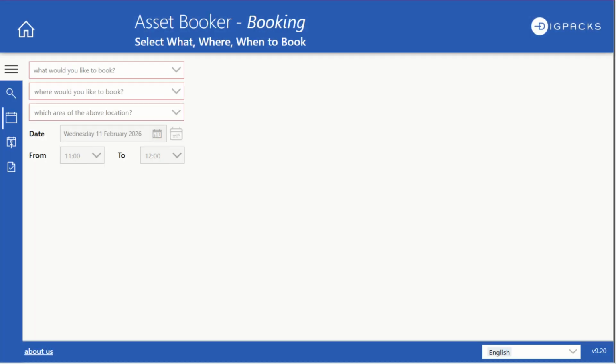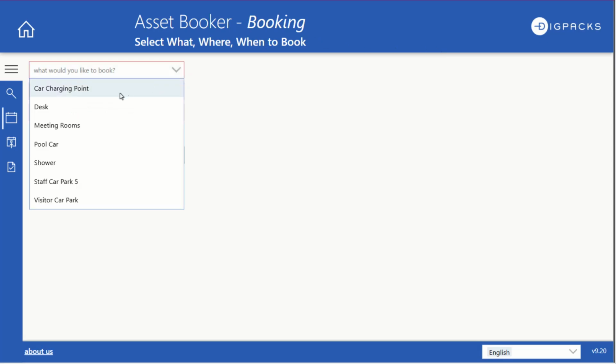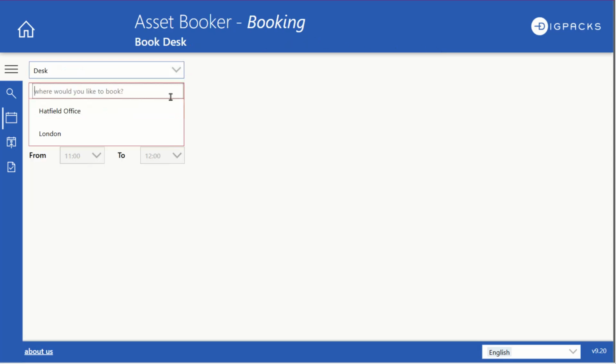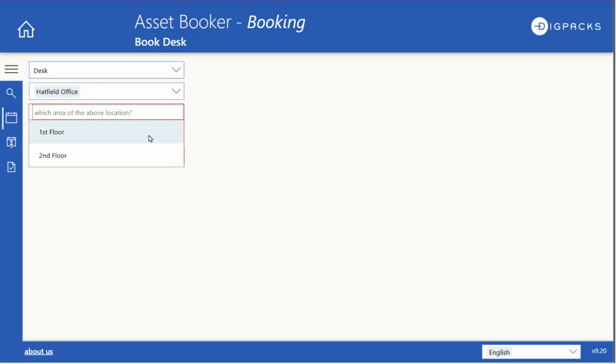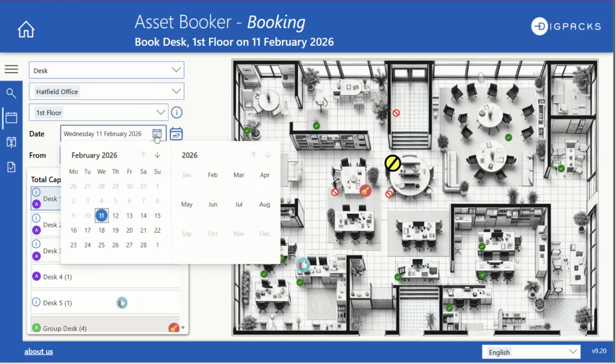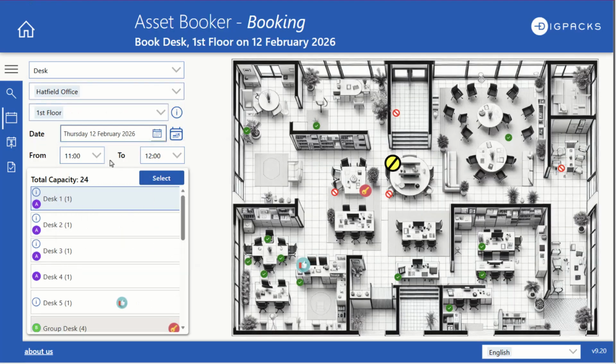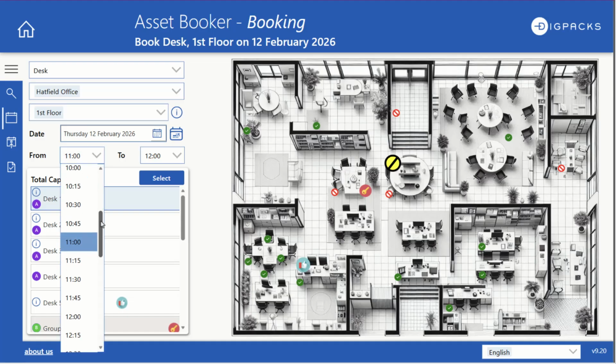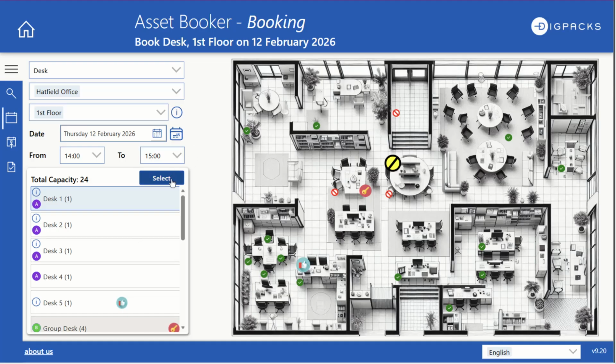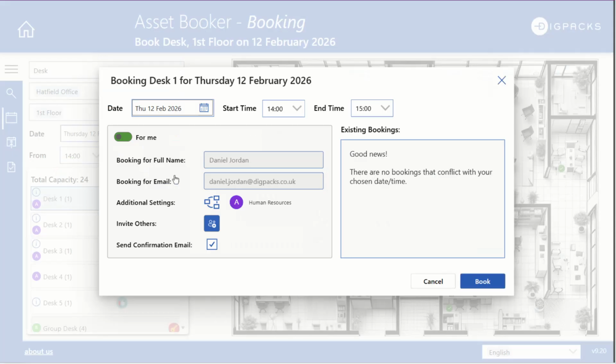The next booking scenario supported is group bookings. For example, you might be reserving desks for the HR team. As with other scenarios, you choose the asset type, location and area. You can choose a preferred date and also the time as well. If an asset's available to a group, you can see there's an icon with a tooltip showing the group that it's available to. You can select,